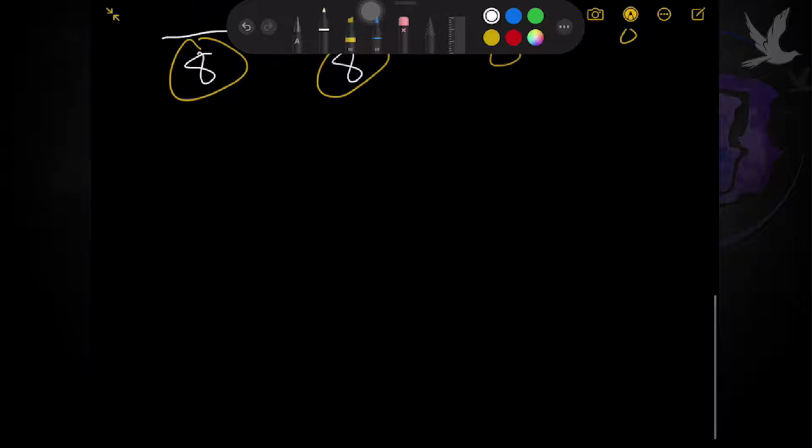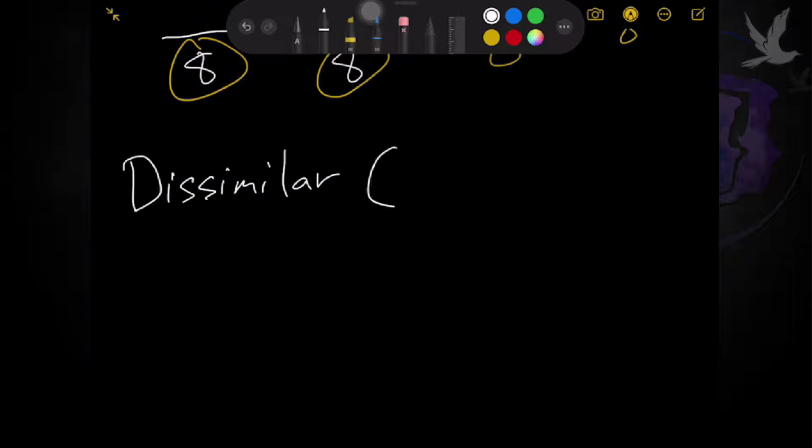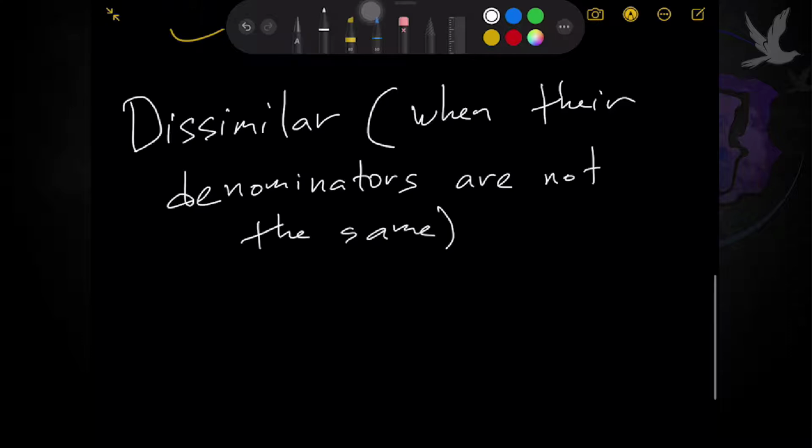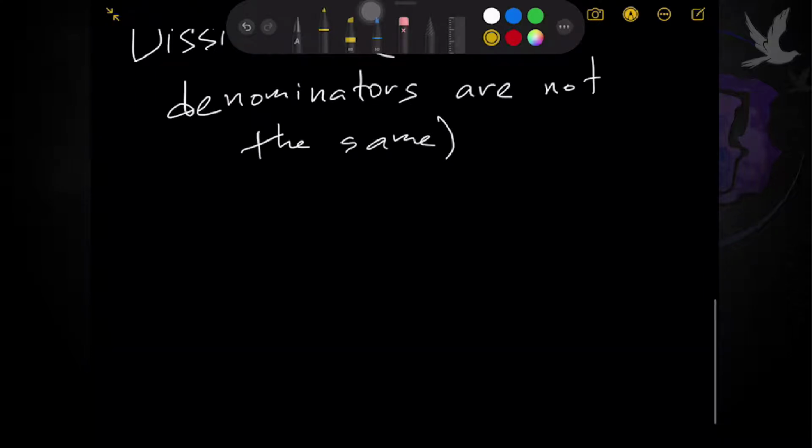Now what if you have dissimilar? What do you mean by dissimilar? When their denominators are not the same. So, for example, you have 2 over 7 plus, let's say, 2 over 3